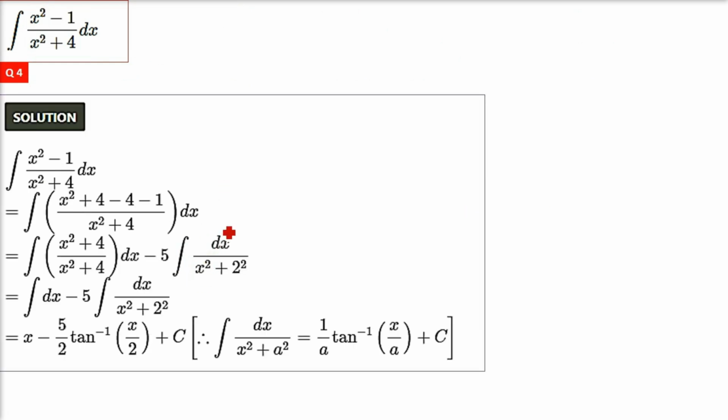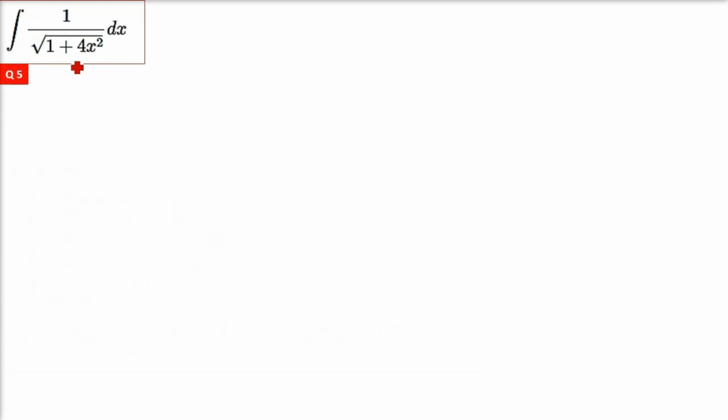It's pretty easy, because if you know this 1 by x square plus a square, 1 by a tan inverse x by a, all other things will be same. x square minus 1 has to be converted into x square plus 4 minus 4 minus 1. Now this is a different kind of question. So there are different approaches to solve it. I am going to take my approach, and there are other approaches available,